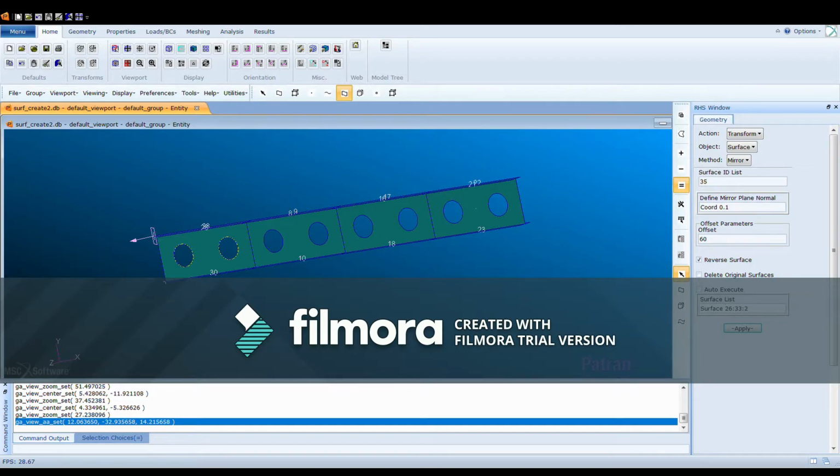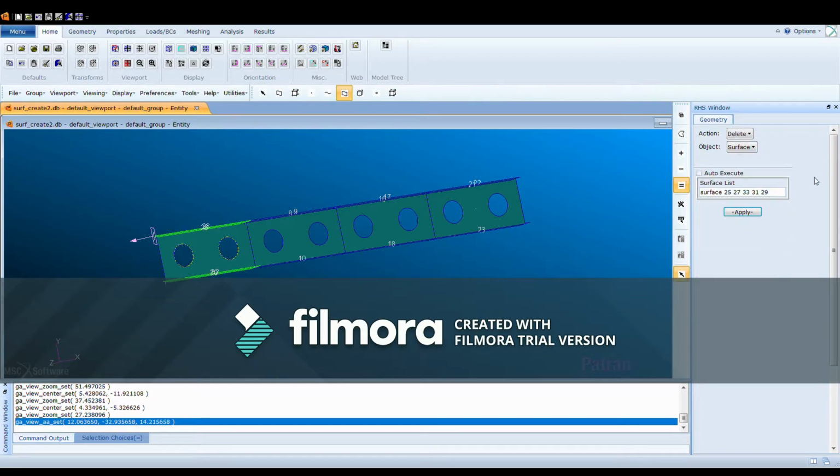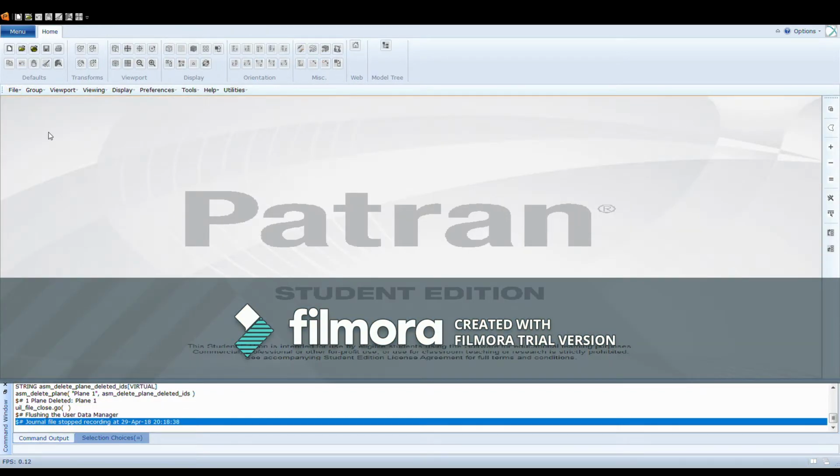Next, we're going to start by creating a new database, but first of all, it's important to delete the plane. So we're just going to go ahead and delete the breaking plane, just not to miss anything. After that, we're going to go to File and close the database. What we're going to do next is create a new database. So we're going to go to File, New,